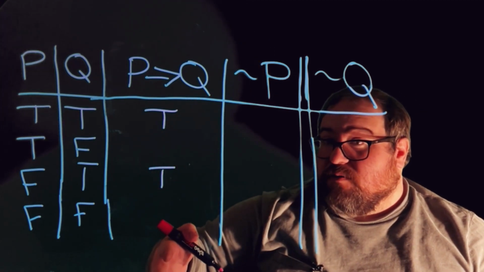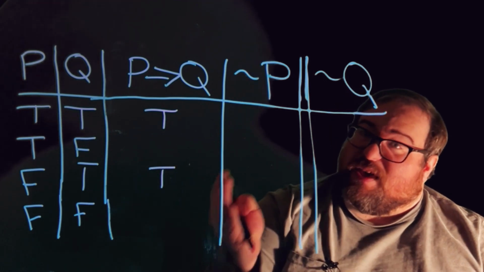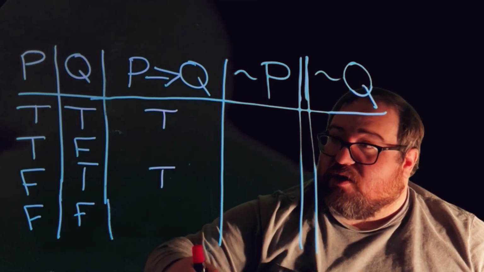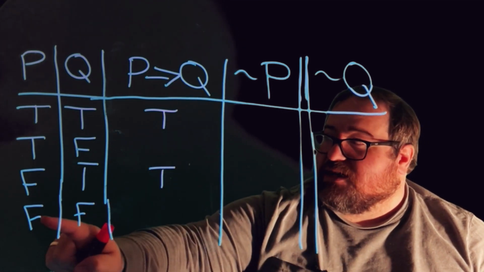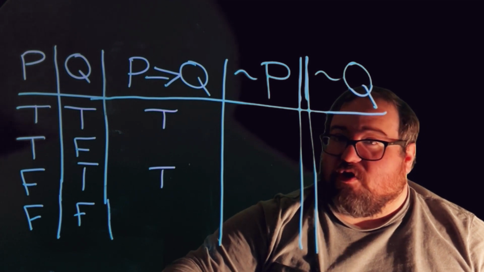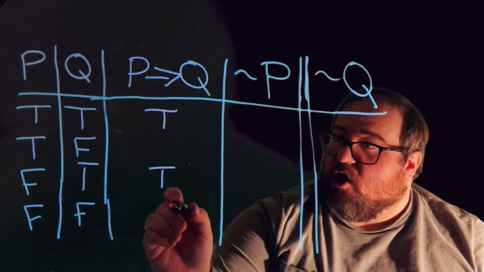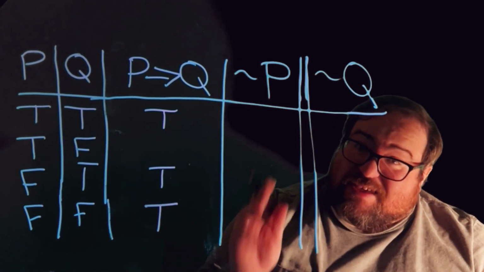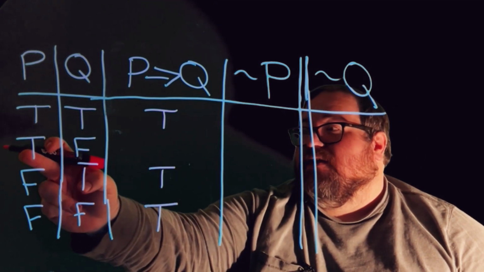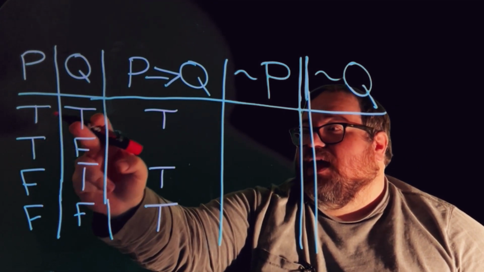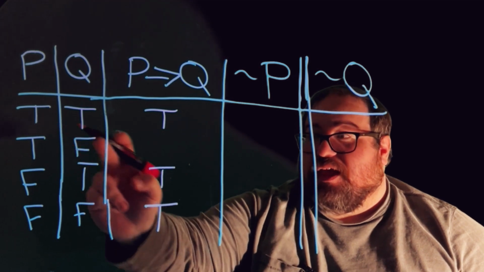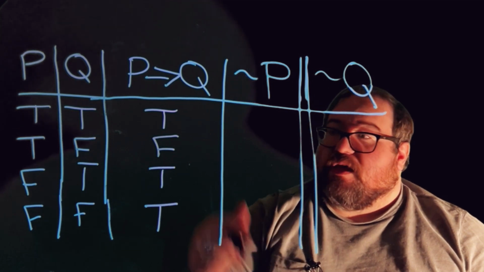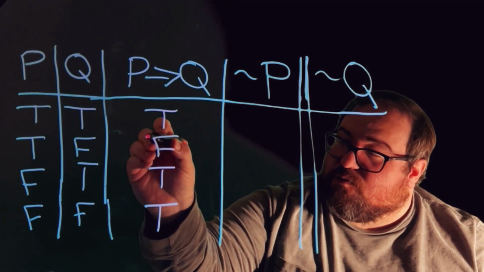You could get Q, but you don't get P without Q. And we also know that down here, this relationship remains intact even if both the antecedent and the consequent are false. So that is also true. But it is not the case that when the antecedent is true and the consequent is false, the statement is true. So we know that at least in this instance right here,